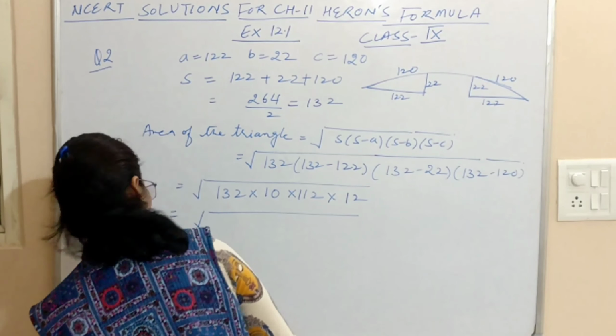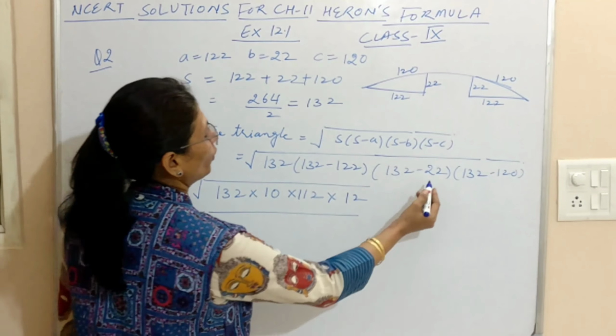Okay, so there was a slight change. In place of 20 it was 22, so we'll take the difference accordingly. So यहाँ पर 112 की जगह हमारा 110 आ जाएगा. फैक्टराइजेशन जो है we'll make it, you can say, bigger factors, small factors में नहीं करना है. 132 is 12 into 11, 10 is already there. This will be 11 into 10 and 12 को 12 ही रहना है. तो स्क्वायर रूट में ये फैक्टराइजेशन बहुत इंपॉर्टेंट है.